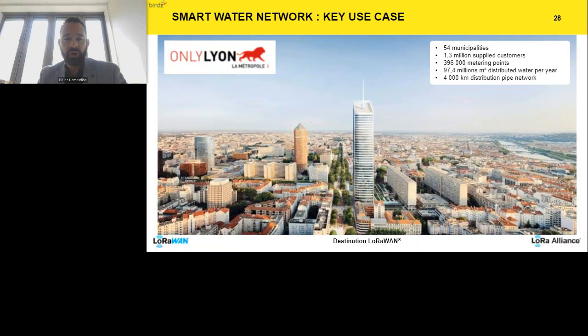I think you've heard a lot about this use case in the city of Lyon, starting in 2014, which is a very big smart water network. Over 54 municipalities and 400,000 metering points, plus some non-metering water IoTs, such as leak detectors, fire hydrants, and water quality sensors, all matched and unified in hybrid LPWAN networks, mixing proprietary systems, public LoRaWAN network, and private LoRaWAN network, in order to always strengthen the capacity to collect data and transform it into actionable information.